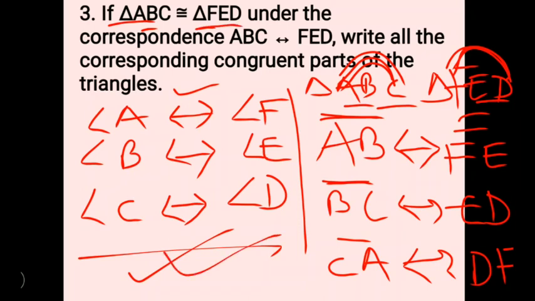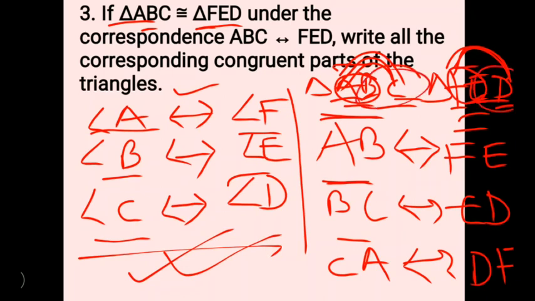When you consider the corresponding parts with respect to angles, this is the way to find out. This is the easiest way, I guess, right? Whichever triangle you are considering, just go one by one. Angle A is equal to angle F, angle B is equal to angle E, angle C is equal to angle D. Likewise, if you are considering sides, then AB is equal to FE, BC is equal to ED, and CA is equal to DF. Alright, so with this we are over with question number 3.